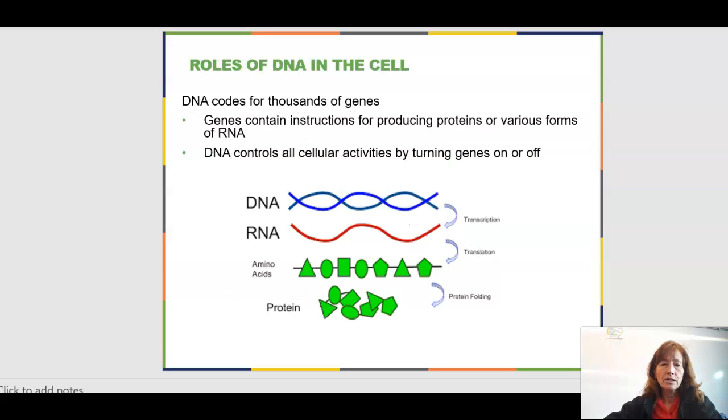So let's take a look, though, at sort of this central dogma that we've talked about before. The fact that DNA, we know, is the code, and it's the code for all of the genes, which all of those genes are coding for proteins. So we have, within all of our DNA, a code on here in this double helix. In order for some of that code to get translated into a protein, there needs to be a copy.